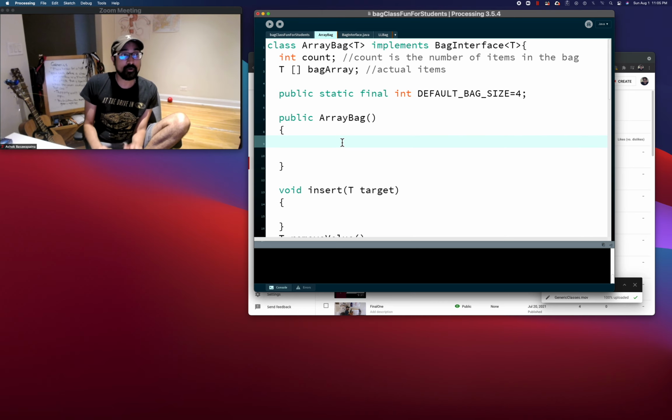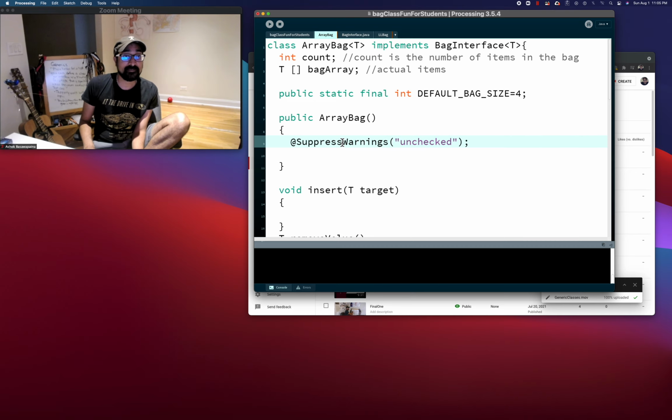The basic scheme is you have to create an array of an object type, since T is an object, and then you have to cast it to a type T. But that cast will be thought of as illegal unless you put SuppressWarnings in quotes unchecked,